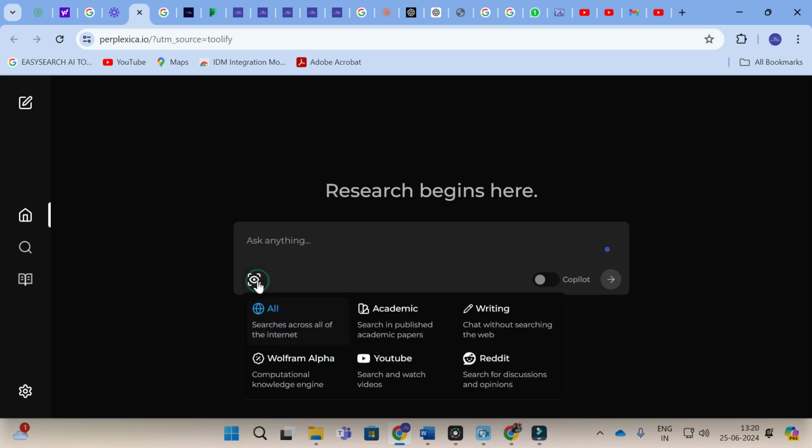The important thing is that you will have different types of options. You can see all, for searches across the internet. Next, academic, to search in published academic papers. Next, writing, to chat without searching the web. Next, Wolfram Alpha, a computational knowledge engine. Next, search and watch videos. Next, Reddit, to search for discussions and opinions. So these are the different options available in this AI chatbot. It's a unique thing present in this kind of AI chatbot, where you can collect data for your research paper and do it better using